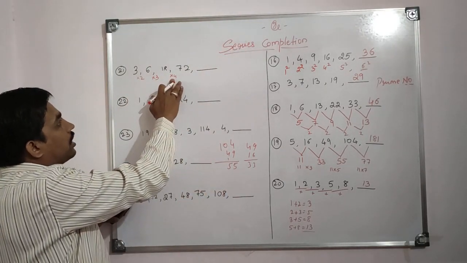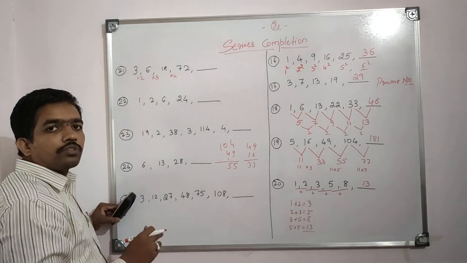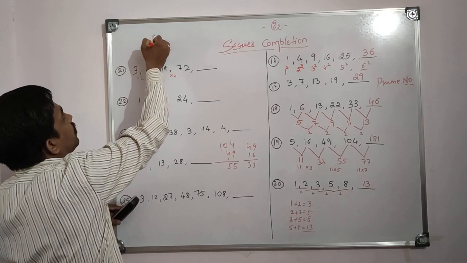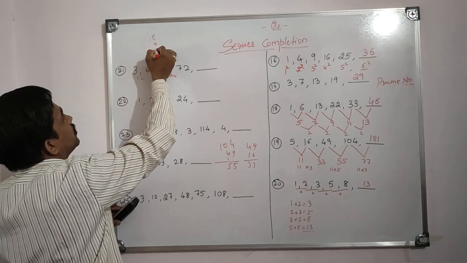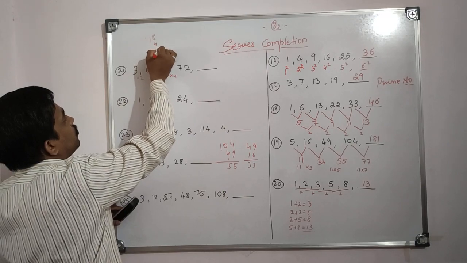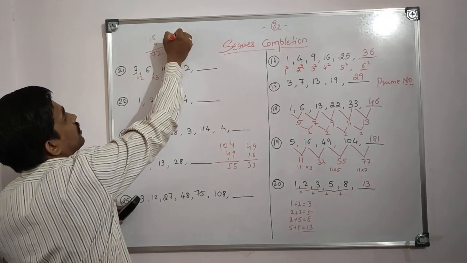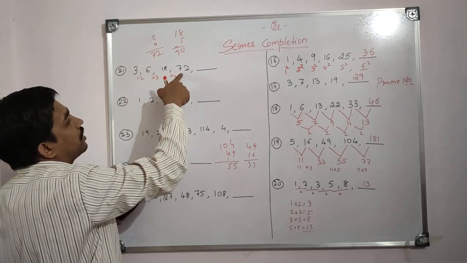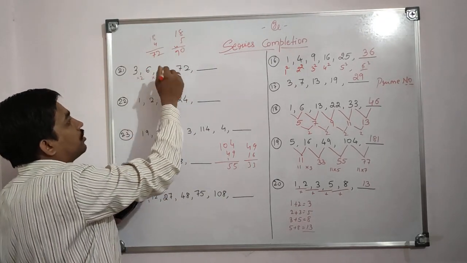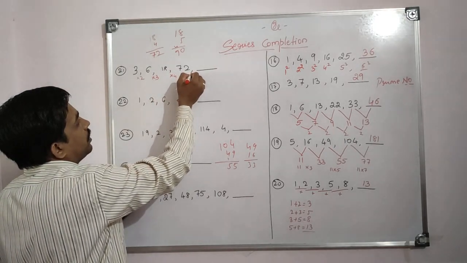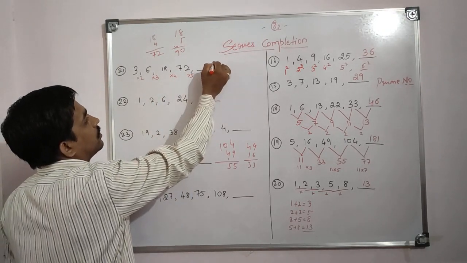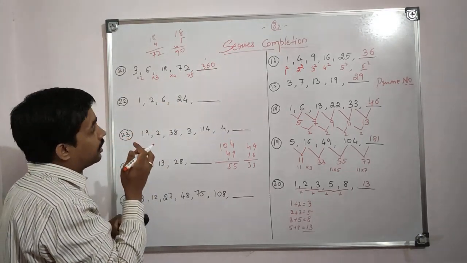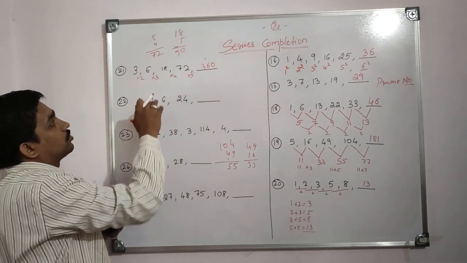If we take 5, it means those are prime numbers. There are two possibilities here. So 18 into 4 is how much? 72. It will be 72. If we take 5, it means 90, but the given next number is 72. So multiply by 4, and here it should be 5. 360. 360 is our answer for this question.